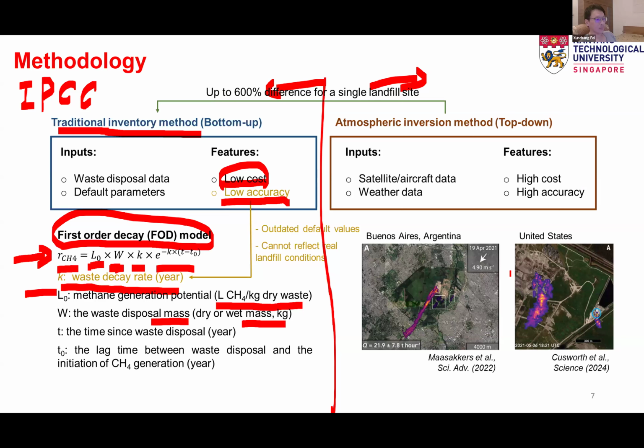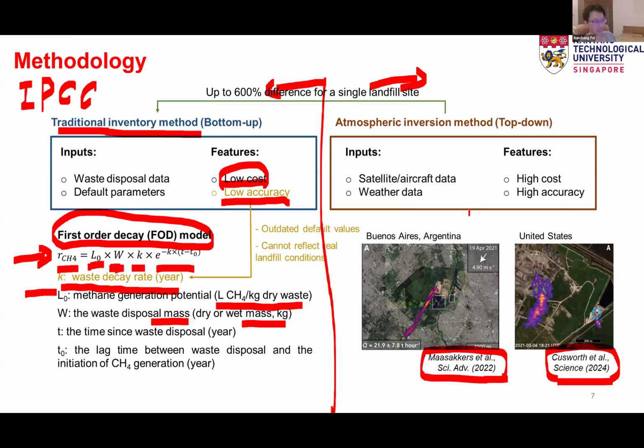And the methods they use, for example, these two papers, by the way, are also very famous, published in very famous journals, Science Advances, and very recently a Science paper. These papers said that the landfills in the US, a high-income country, and also in Argentina and India, mid-income and low-income countries, no matter where they are, methane emission estimated from these landfills is way lower than the actual